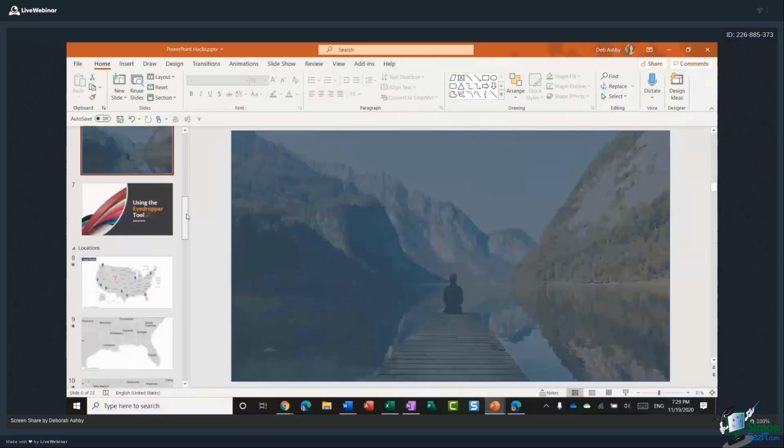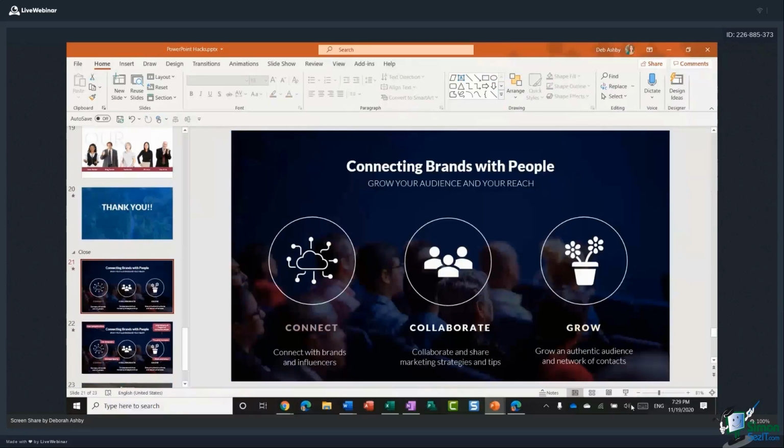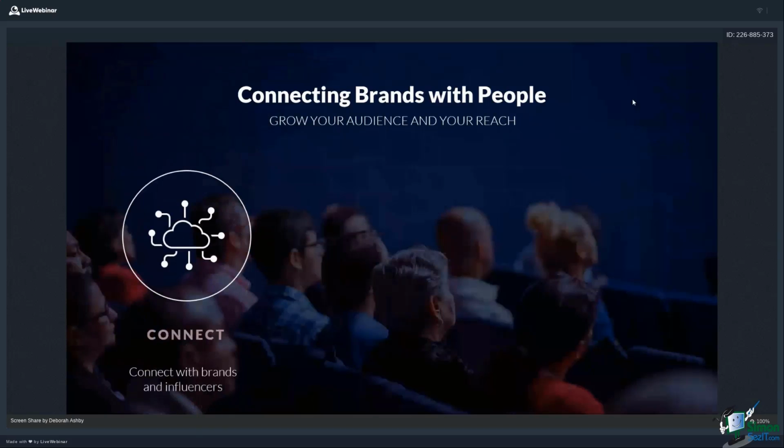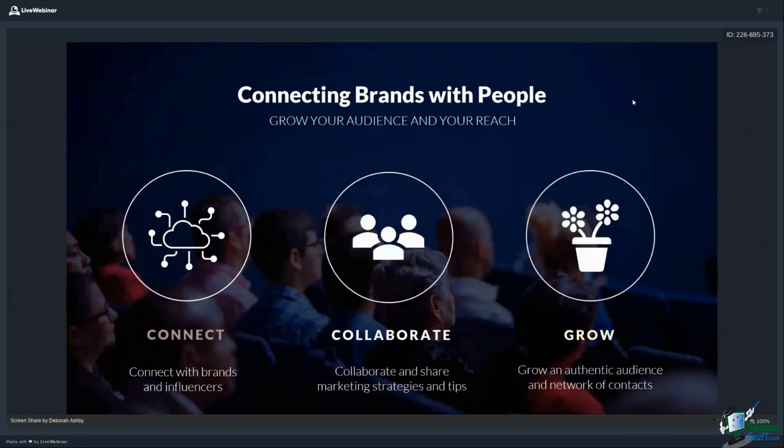I'm going to move down just to show you this in action in a slide like this. For example, I've used a lot of the techniques that I've run through in this particular slide, and I think it makes it really interesting. It looks modern, it looks slick. I've got a static image in the background with a transparent rectangle over the top. I've got really nice modern fonts. And then I've utilized icons, which are available in PowerPoint. I've utilized a circle shape, which just has no fill. And I've utilized minimal animation so that it's not overwhelming, okay?